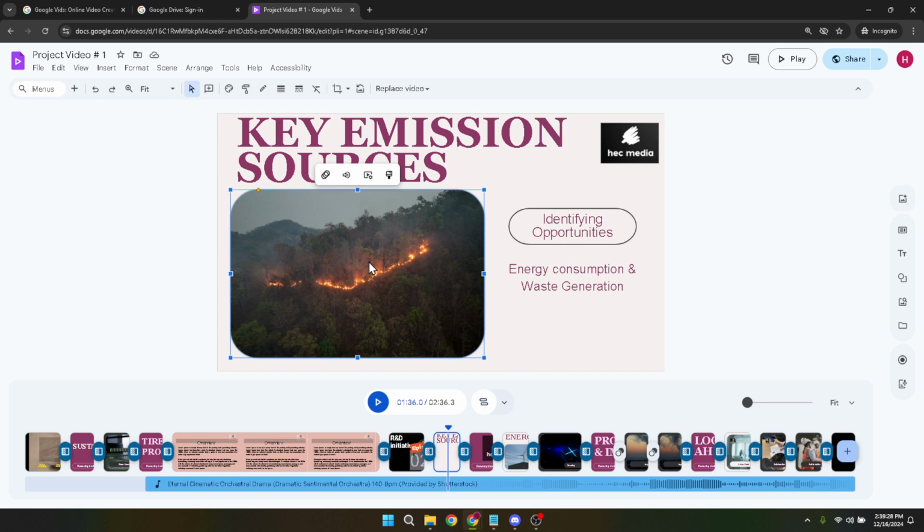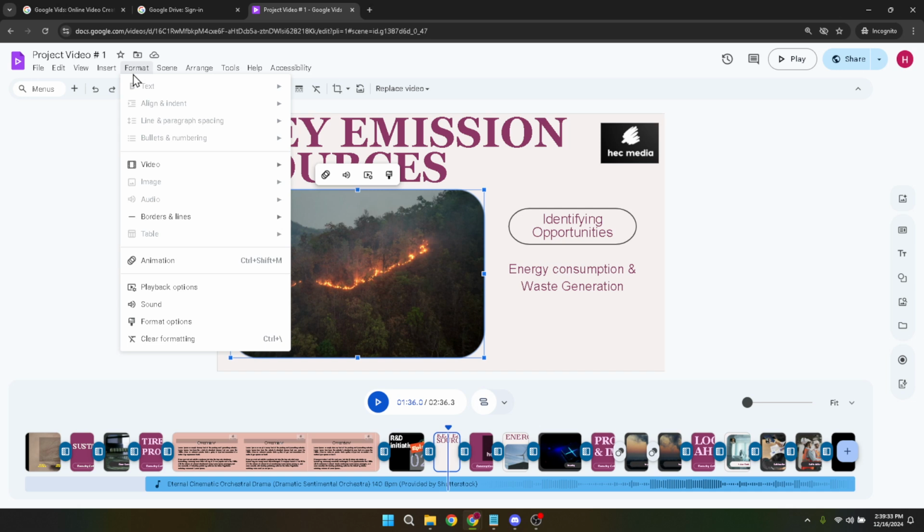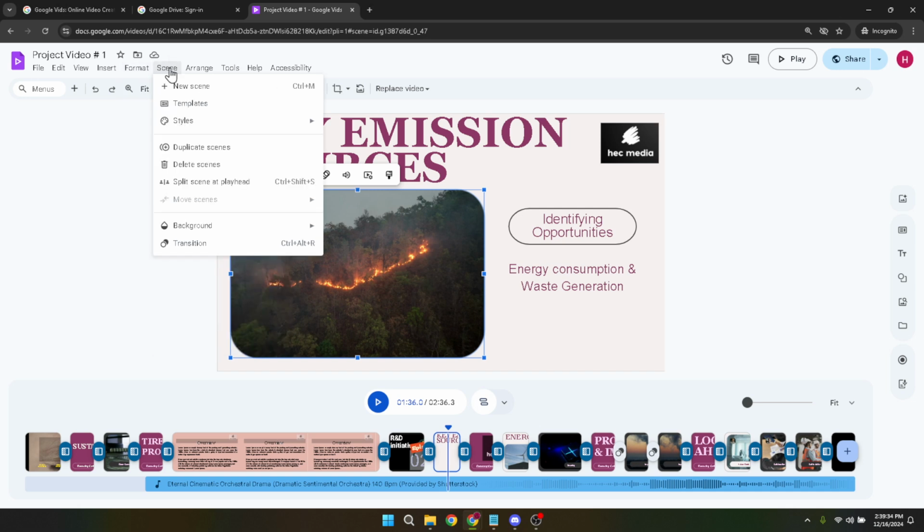Now you'll see various options for editing your video, but for our purpose, click on the Format option. This can usually be found as one of the tabs or buttons around your video when it's selected. The Format section is where Google Vids allows you to make significant changes to how your video is displayed and behaves. Next up, click on the Video option within the Format panel. This will take you closer to the feature we're focusing on today.